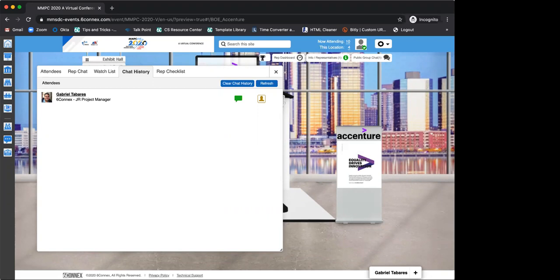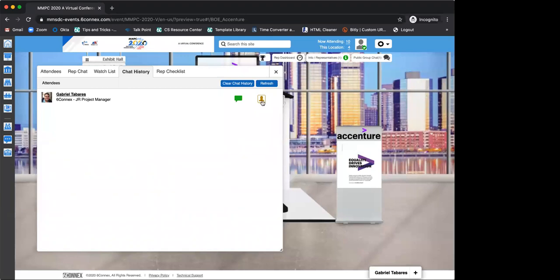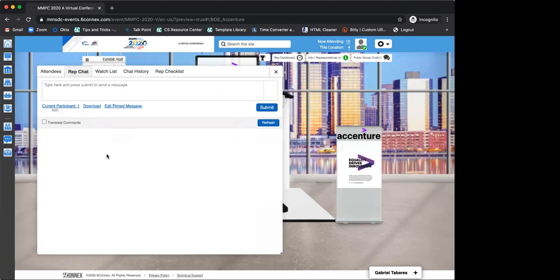Okay, here's another question. Will a booth rep know if another rep has already spoken to that person? Yes, when you see the chat history and when you click in here and you see it had chatted with or chatting with. Okay, as you can see, his silhouette is now in another color. That is because he is in a chat with someone, in this case with me. If I go back to the attendees, Alexa, for example, is gray, because no one is chatting with her at the moment, okay? But also remember you have the rep chat. So you can actually come here and say, hey, anyone speaking with this person? If no one, go ahead and speak with them.